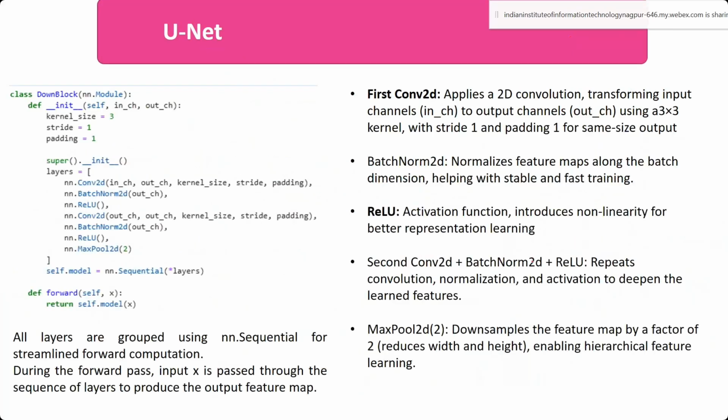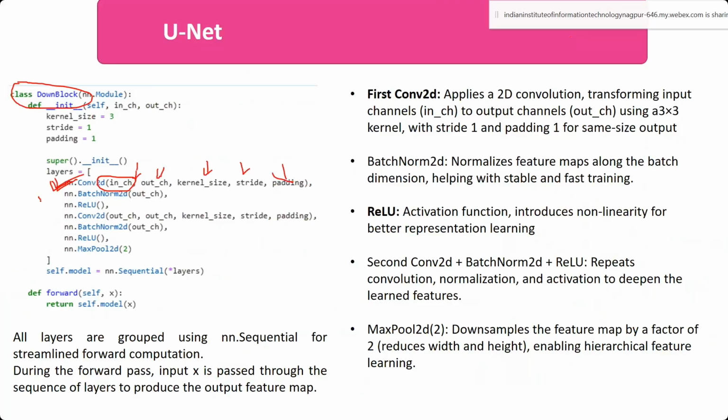So this is how the code will look. If you see the code, you will see something called a down block in any UNet architecture. So in one down block, what do we have? In one down block, you may have 3 convolution operations, you may have 4 convolution operations. Here in this down block, you have used 2 convolution operations. So what is convolution? You are taking the kernel and sliding it over the image. That is why you need to provide the input channels, how many output feature maps you need, the kernel size, the stride, and the padding. In that way the convolution operation is defined.